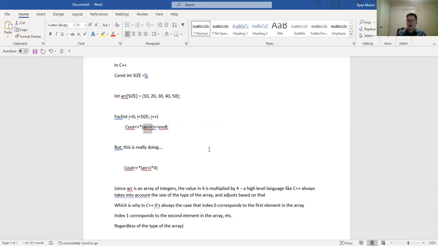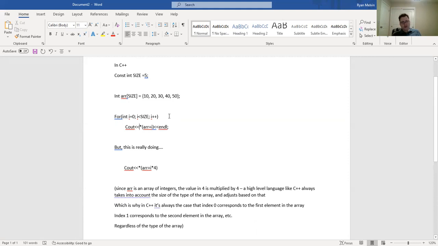And in particular, we saw that we had to handle a byte array versus a word array versus a dword array differently, in the sense of we did increments of 1 for the byte array, increments of 2 for the word array, and increments of 4 for the dword array. Now at C++, because it's a high-level language, we want to be able to generalize everything, right? We don't want to have to write different things based on the type of the array that we're working with. So at C++, we just say things like star array plus I,